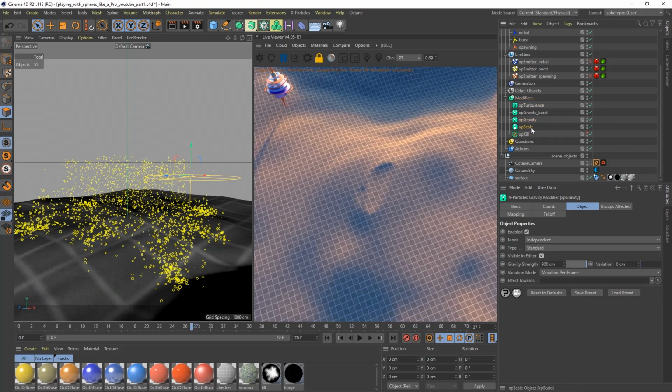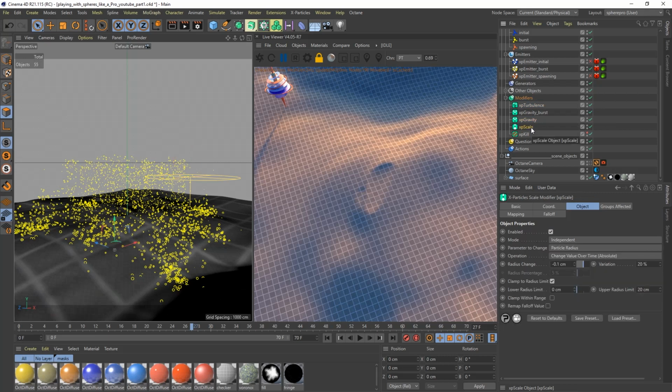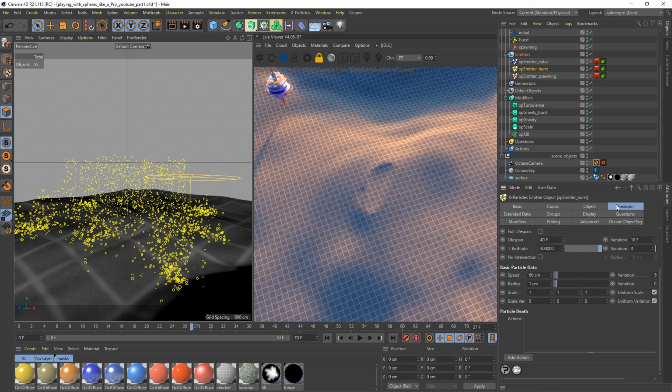All right. We also have a scale effect, and this one is saying, okay, what is happening here? So change value over time. Over time, we change this one, and we change the radius minus 0.1. So do we have a mapping? No, we don't. So we start with a particle radius of 1, but since, so I will also talk about